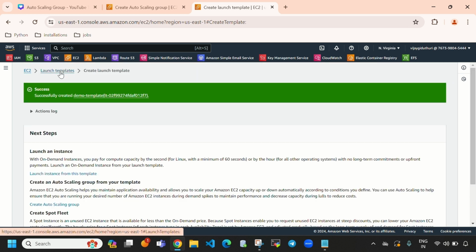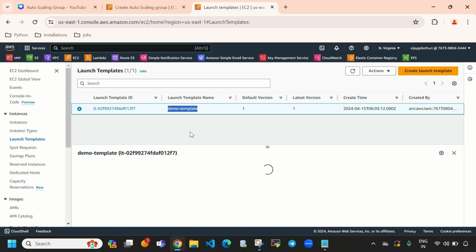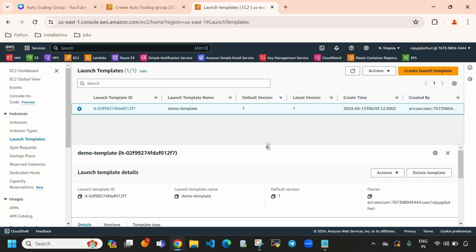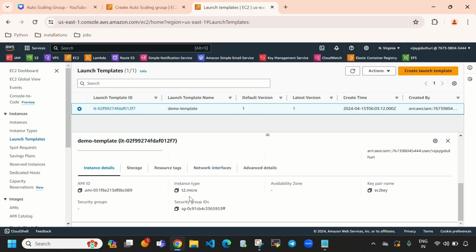So let's select launch templates and let's reload this. Here you can see this is the template which we have created right now, and the name of the template is demo template. And here you can see all the details. Launch template ID, this is the template ID, and this is the template name, and version is one, and this is our owner ID, and you can see all the things like instance type